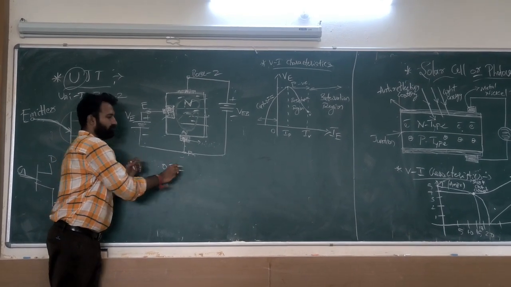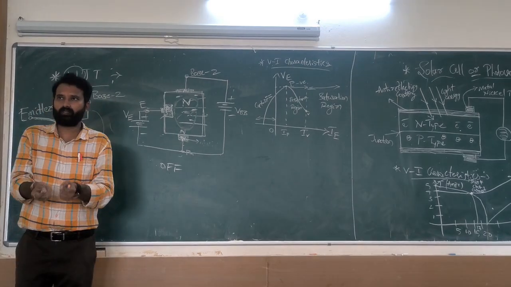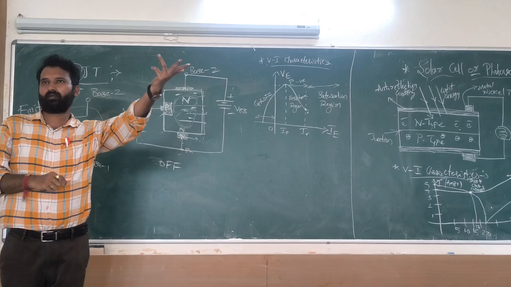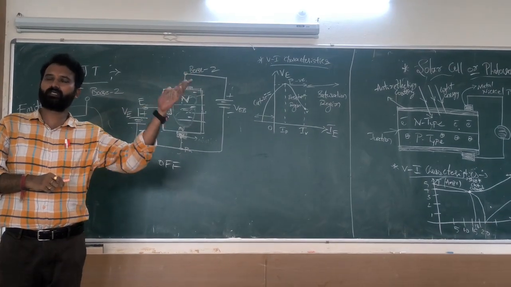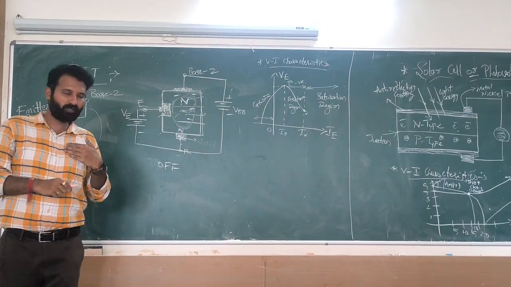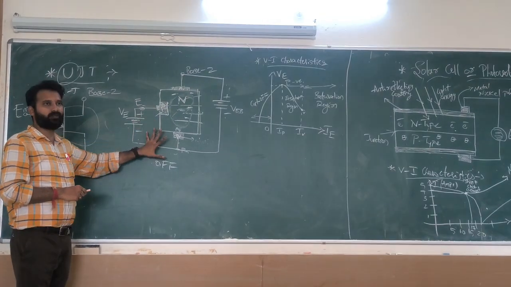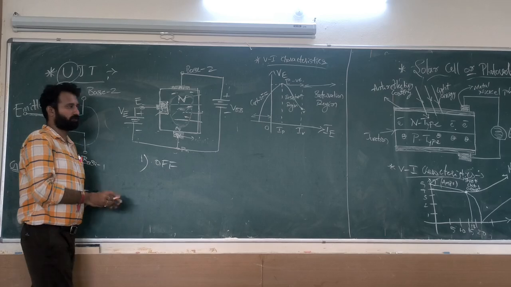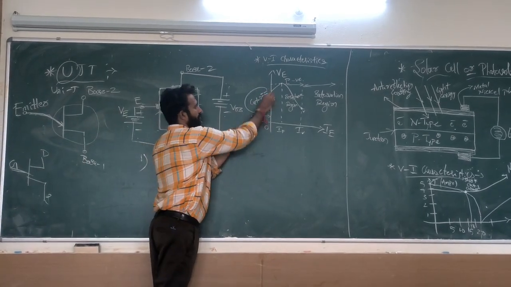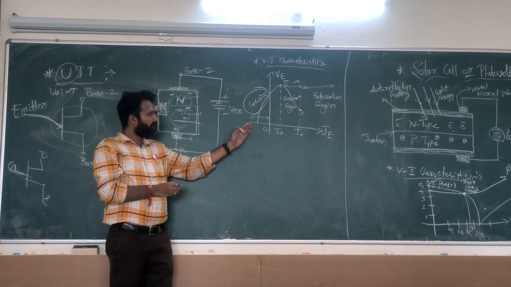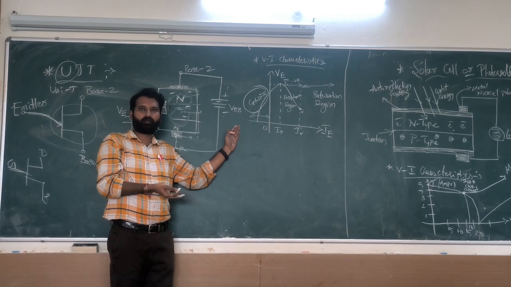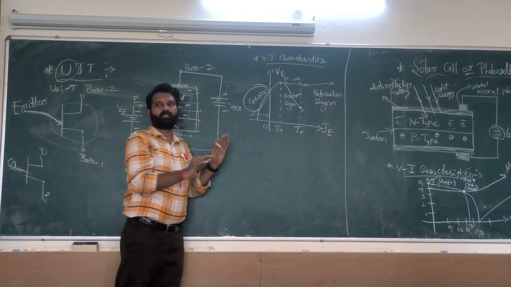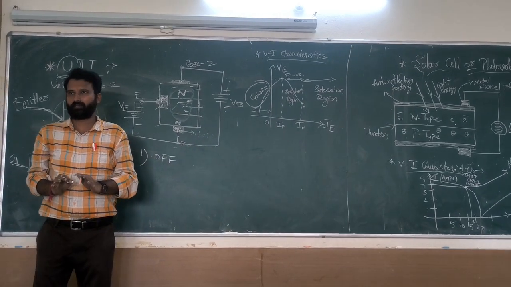If you don't apply any voltage, for example, if the power goes off, what happens to a tube light? It is off, because there is no power supply. So the first condition is, I didn't apply any voltage, which means your device is in off condition. That is nothing but the cut-off region. Negative voltage means off. Understandable? In the cut-off, the device is in off condition.